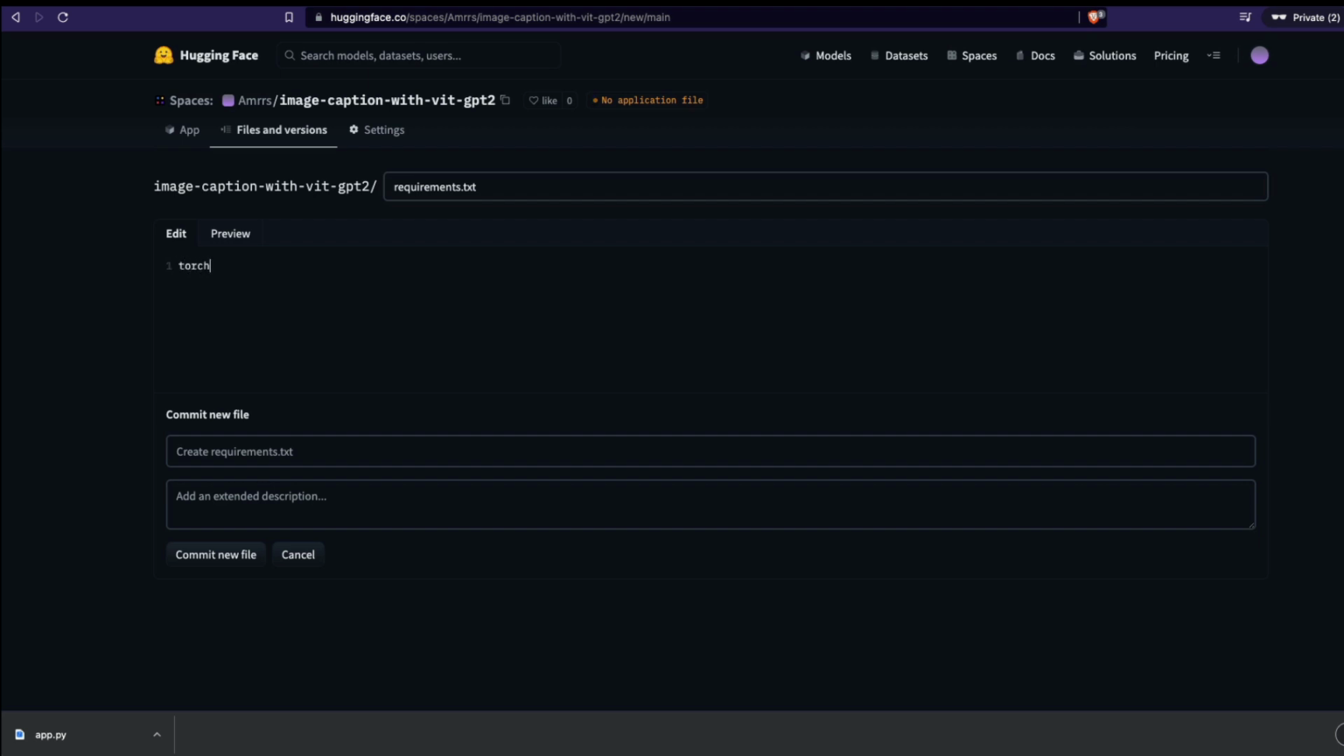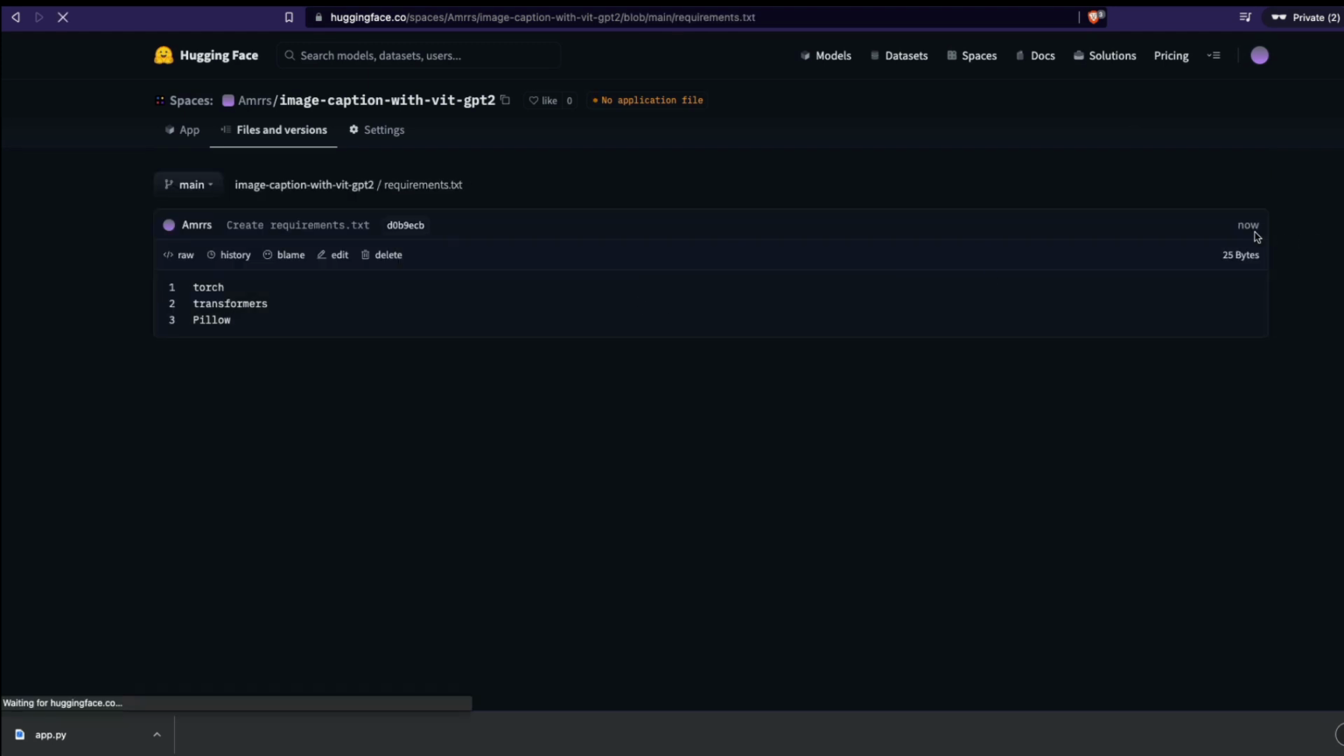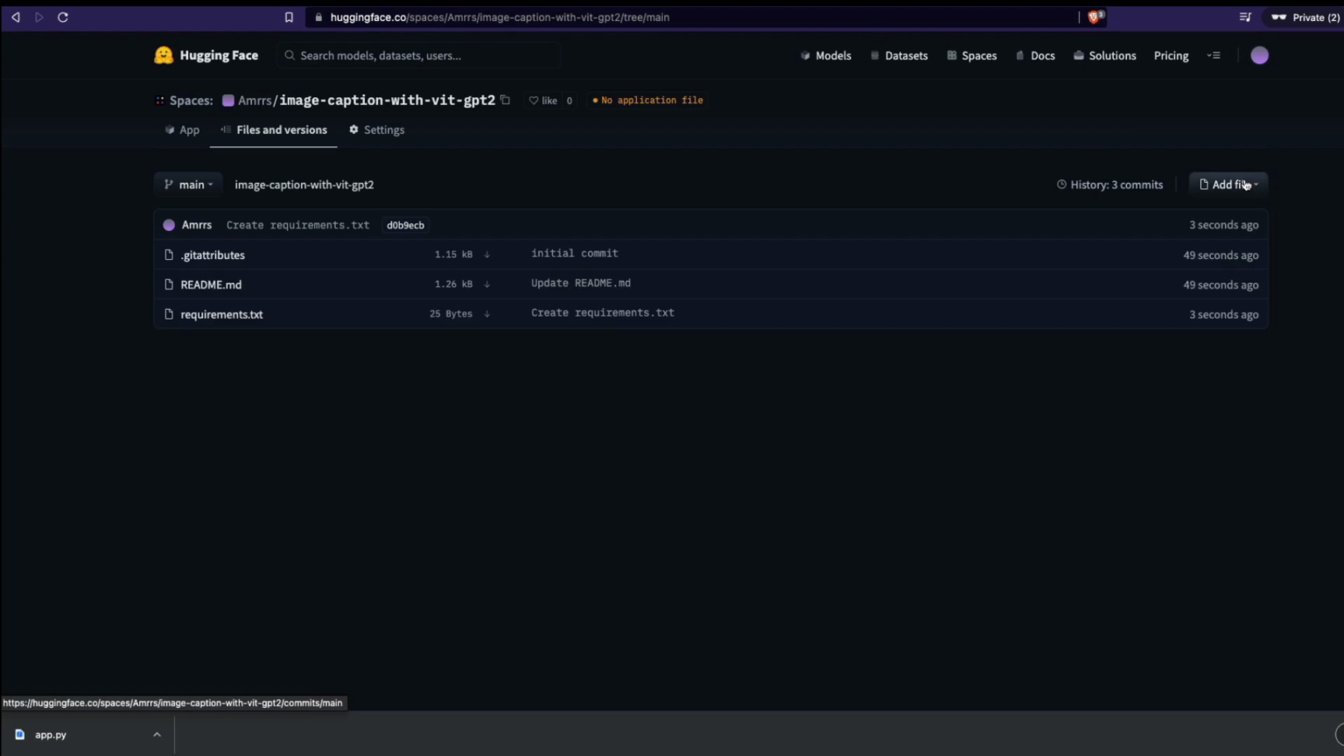First thing we need is PyTorch, then we need transformers, is that correct? Yeah, transformers. Then we need pillow. So PyTorch, transformers, pillow. Gradio is not required to mention here because Hugging Face by default gives you Gradio installed, so you don't have to bother about it. So create the new file, and then the next thing is go to file version, add file,